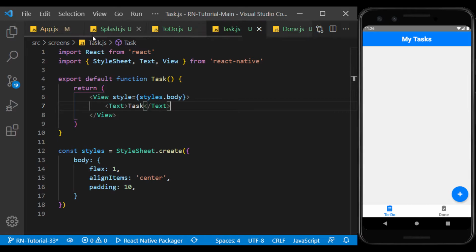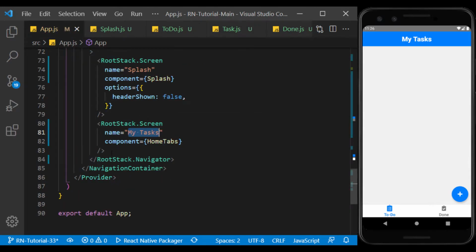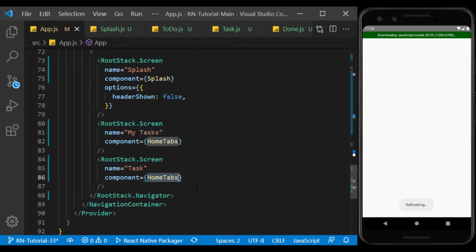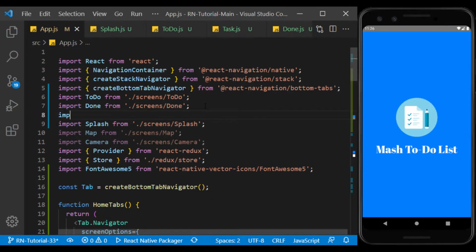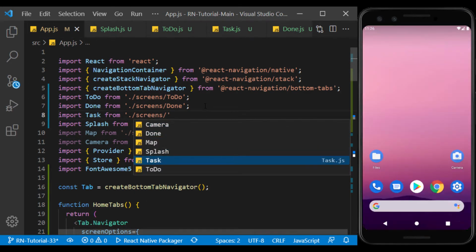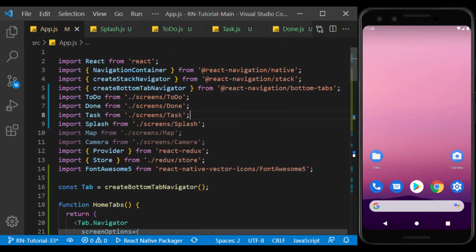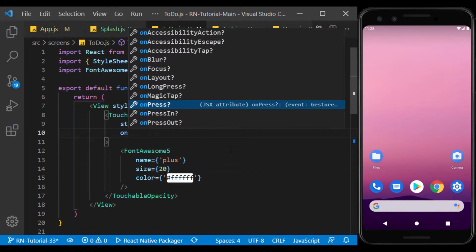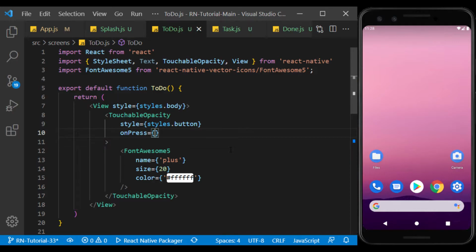I add this page to the Stack Navigator, so that we can navigate to it from the main page. Now for the button we created, we define onPress and use it to navigate the user to the task details page.